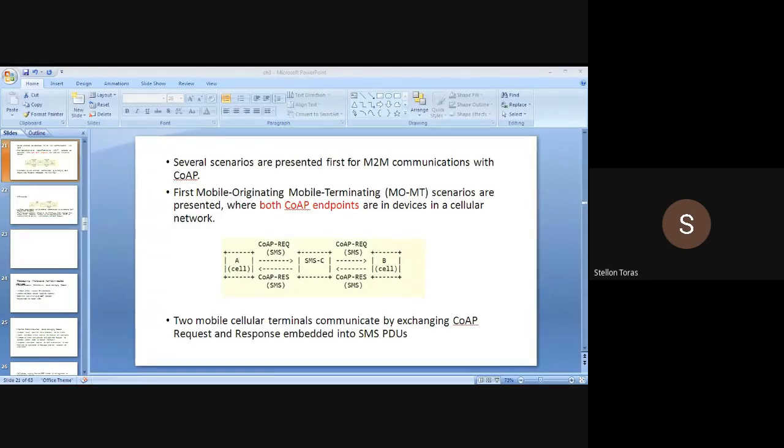Who is the server and who is the client? We are clients and they are servers.